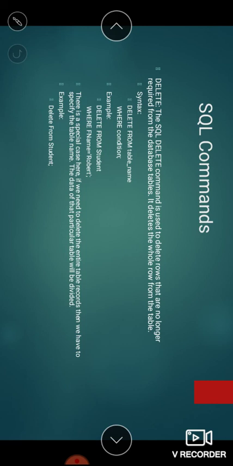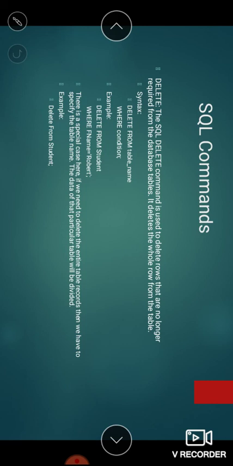If you want to delete the student entry with the name Robert, then how will you write it? Delete from student where f name is equal to Robert. There is a special case: if you want to delete the entire table contents, you will not specify any condition, so you will simply write delete from student.